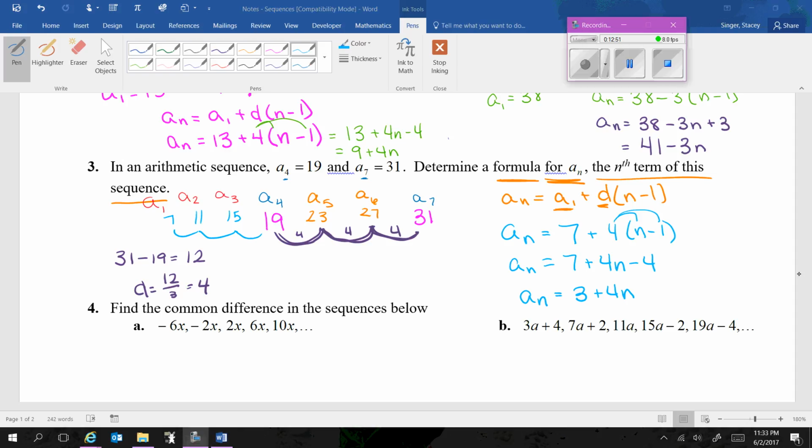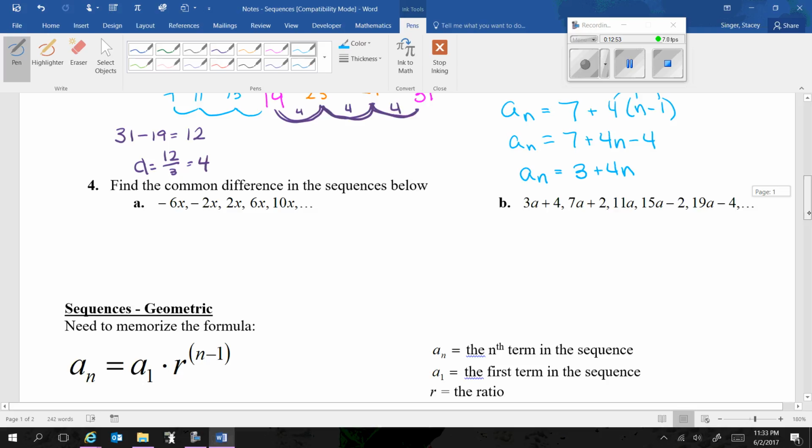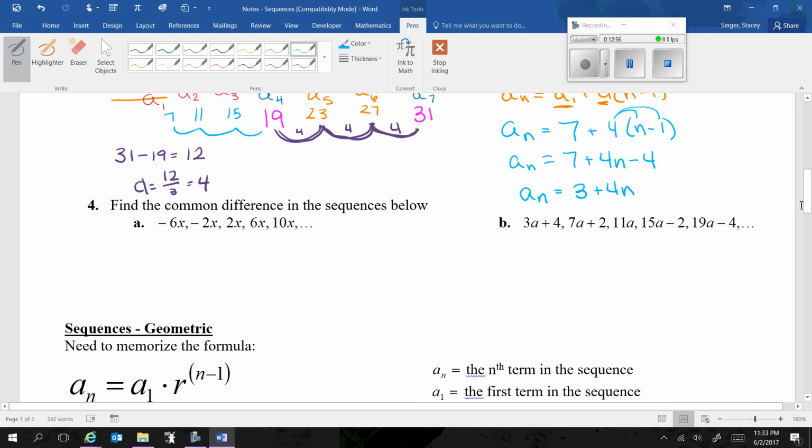Number 4 says find the common difference in the sequence. So in this week,